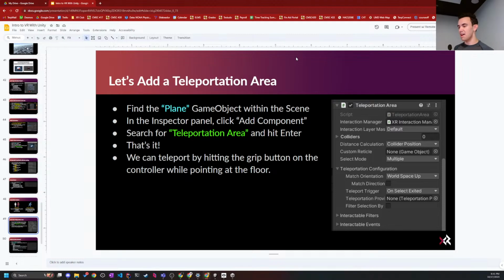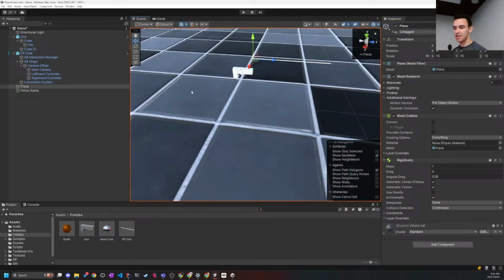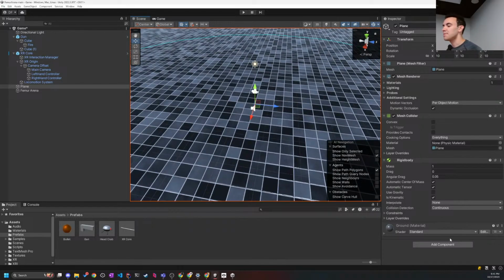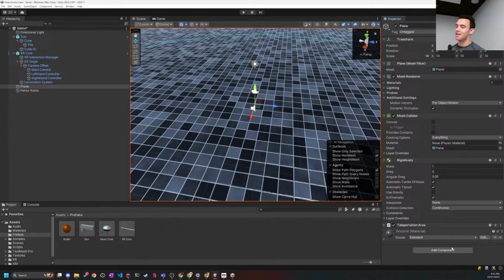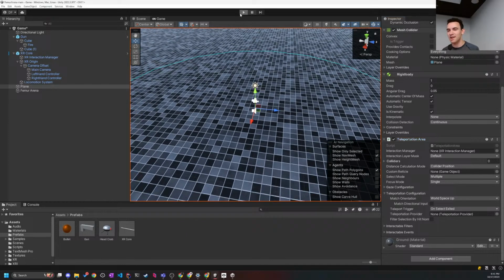So this is what's nice about the XR Interaction Toolkit. We actually don't even have to do any of the hard work. There's usually just a component given to us called teleportation area. All we have to do is add it to the plane or our surface, and we can teleport. So I'll come down here to the plane. This is the area that we'll be maneuvering in. I come down here to add component, I search for teleportation area. Boom. Bob's your uncle. I don't know why we say that, but now we have teleportation. Easy as that. So when I go back into Unity or into VR,